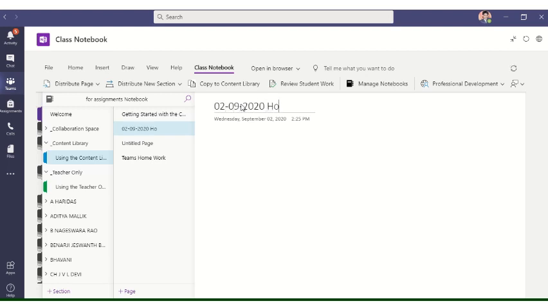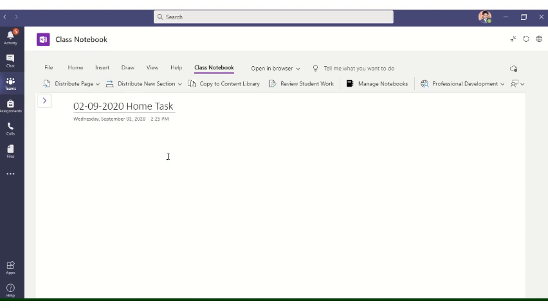02/09/2020 home task. This is the page. You can allot all the homeworks here only. First you insert some science home task. Okay, and here you can start typing the questions.